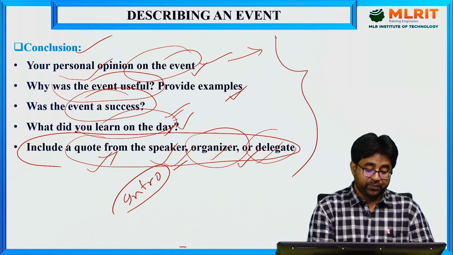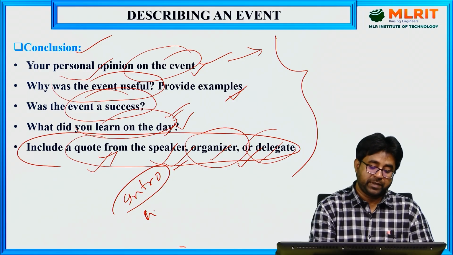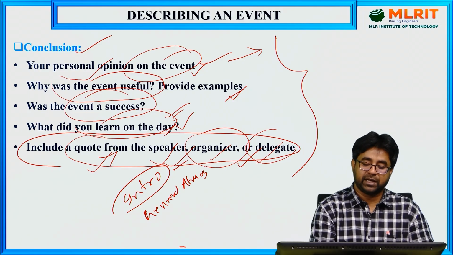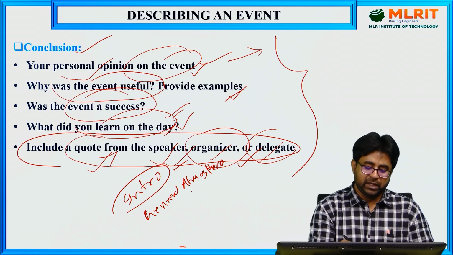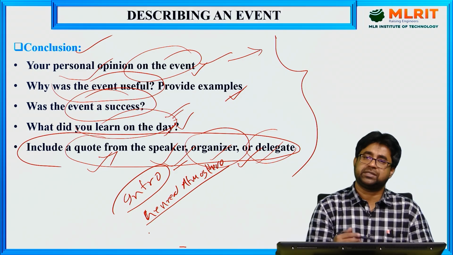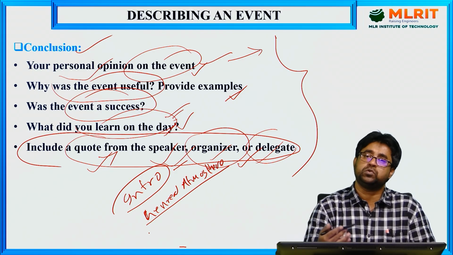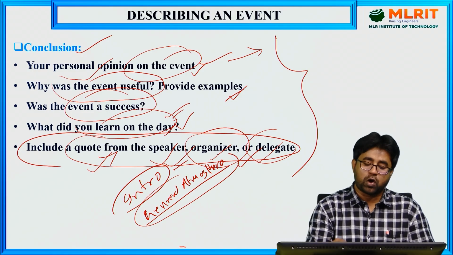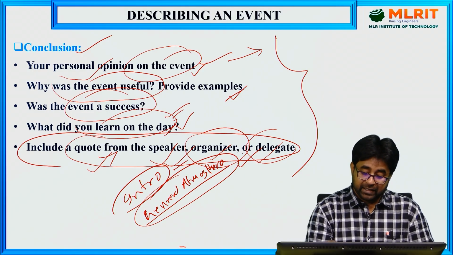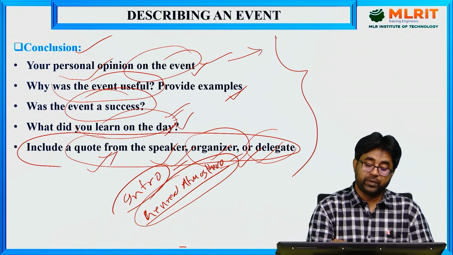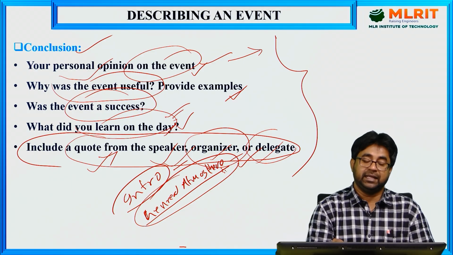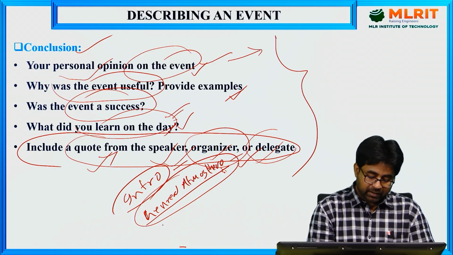And then the second thing is general atmosphere. You can talk about the general atmosphere. What was the atmosphere on that particular day? Please remember, you are not supposed to restrict yourself to only one sentence. You can use two, three, four sentences also to talk about the atmosphere. Okay, and here one thing you have to remember, that you have to include sensory details in this particular part.